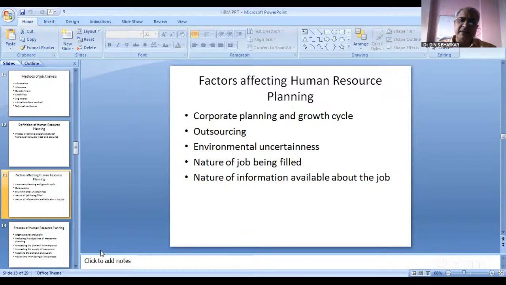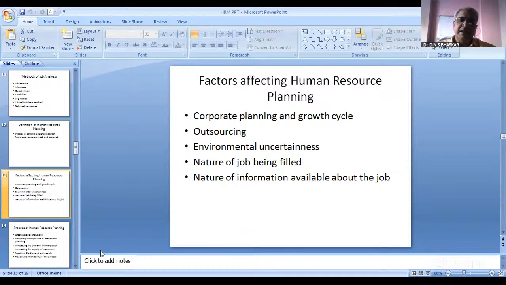Then environmental uncertainties will also be there. When you are talking about environmental uncertainty, what is the effect of the environment over the organization is to be understood. How the environmental activities influence this. Say for example, natural calamities often give a challenge to human resources activity. In such a case, there is shortage of production activity, power supplies are cut off, and certain problems arise. Then you may require higher levels of production. Then finally, how many people are to be recruited and so on.